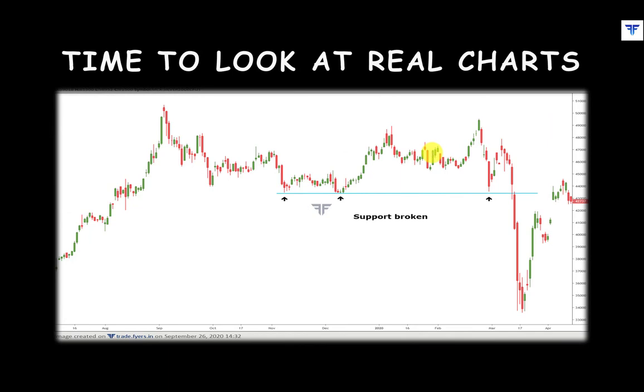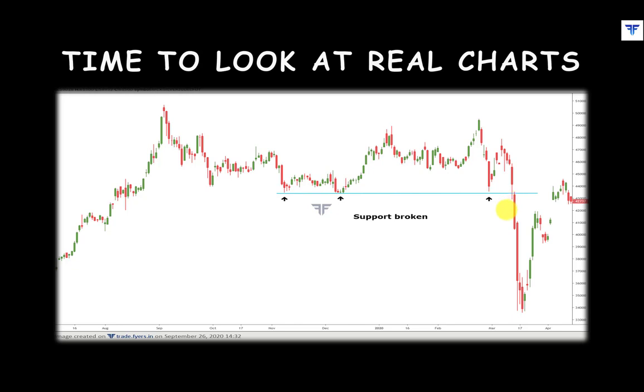Remember when we said that a support is not infallible? This chart perfectly depicts that. Notice that a prior low offered support to price on two occasions, one over here and the other over here. However, see that when the price approached this support on a third occasion, it failed to hold.